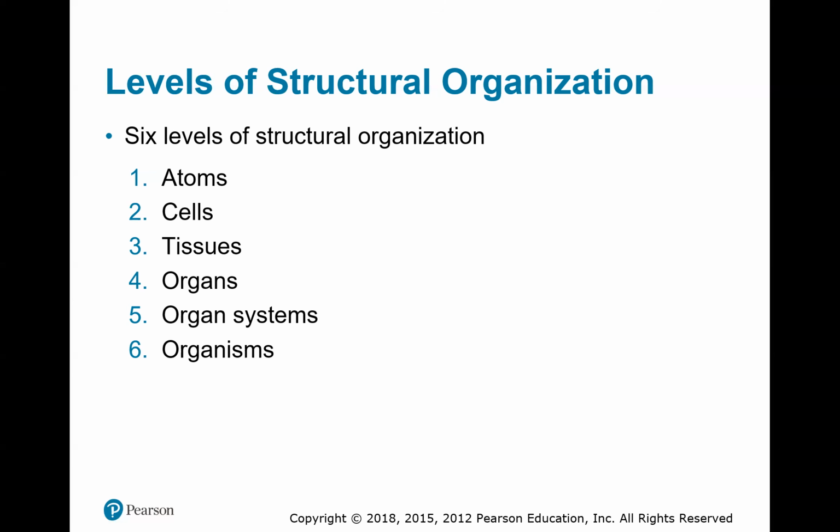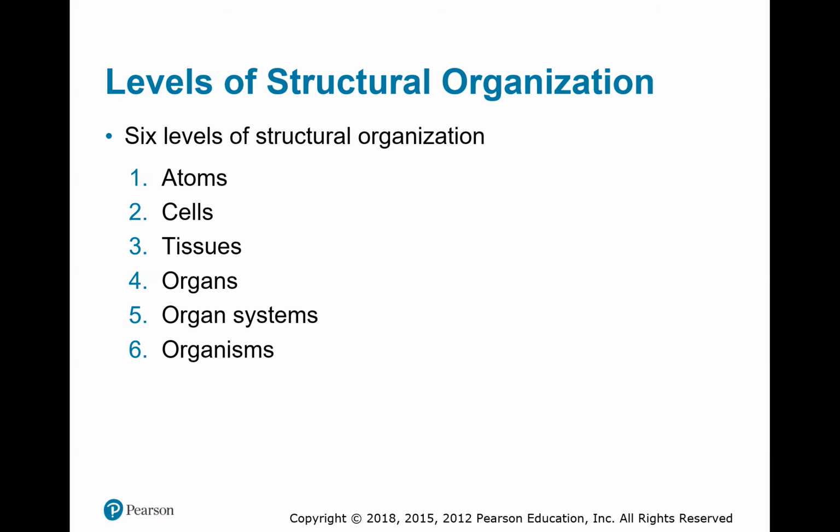There are four main types of tissues that we will discuss. We're going to discuss epithelial, muscle, connective, and nervous tissue. And they all have a very specific function associated with them. If you put two or more tissues together, we form an organ, such as your stomach, your small intestine, your